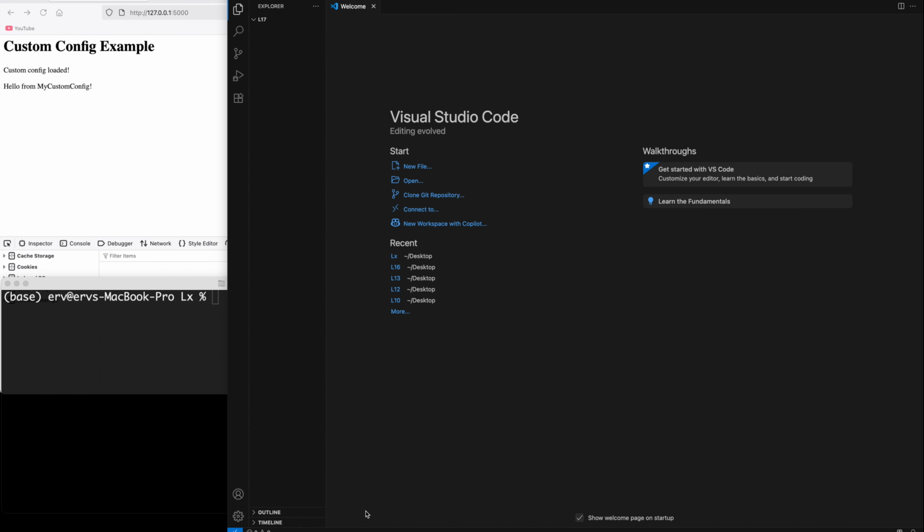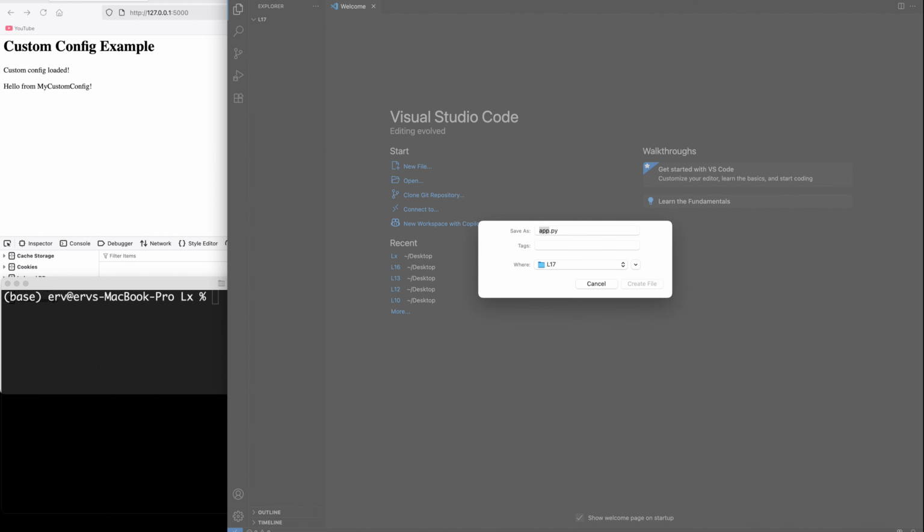Hello and welcome back. In this optional lesson, we are going to look at the make_config method in Flask, and 99% of the time you may not have to use it, but just in case you should know, here it is. I'm already in the project folder L17,